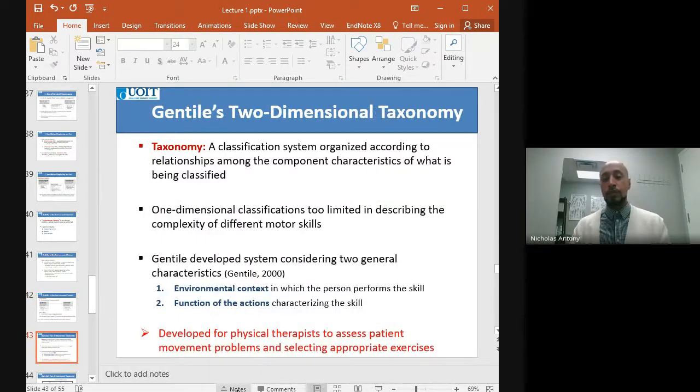We're almost done the lecture. I wanted to finish up with talking about Gentile's two-dimensional taxonomy. Taxonomy is a way to classify motor skills. So this was a table that was developed to classify different motor skills. And it was very popular in a rehab setting. It was developed for physical therapists to be able to classify a movement and sequentially learn how to make things more and more difficult. Because in a rehab setting, I don't know if you guys have ever dealt with